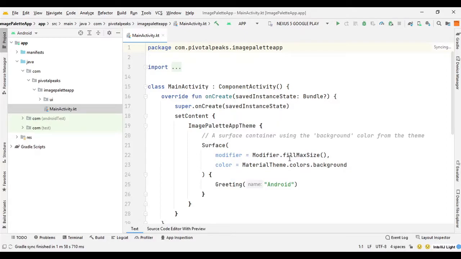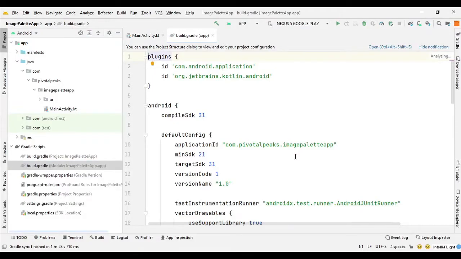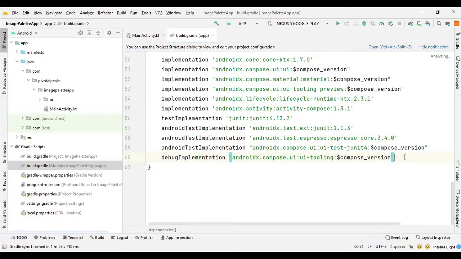So we will be using the Landscapist Coil image library to load the image from the web. So let's declare the dependency. We can go to the app level build Gradle file and declare our dependency here.